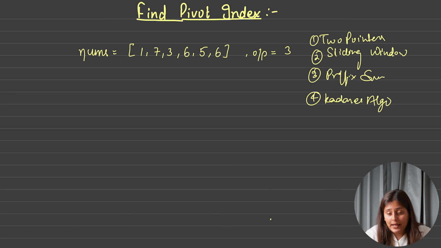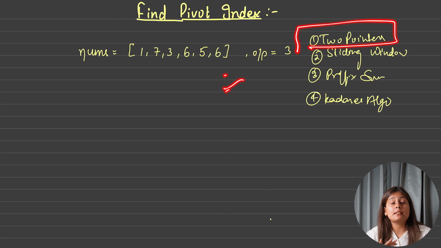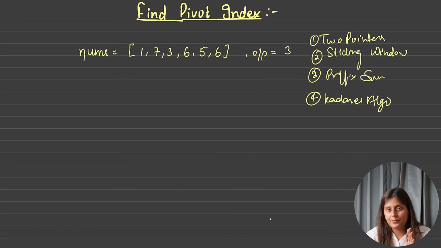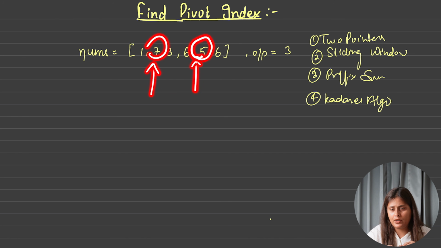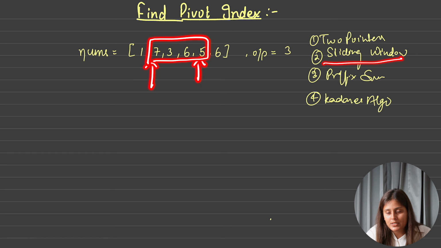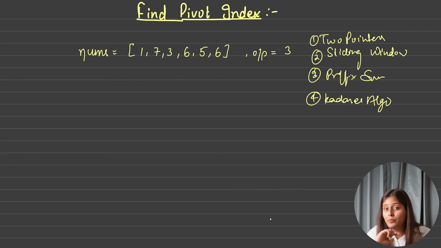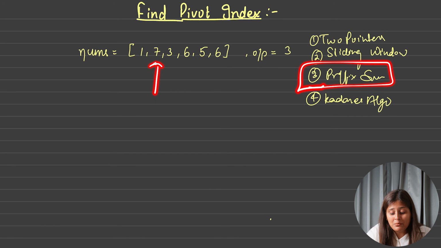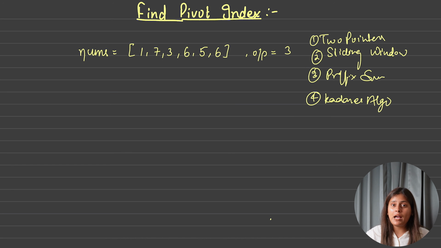So two pointers we apply when the array is in sorted order, and we can decide when to move which pointer. And also when we have to take care only about these numbers and nothing in between. Yes. Sliding window we use when every number is positive and we want a subarray or substring, meaning a continuous array. Every number should be positive, remember that. Prefix sum we use when we have to do the summation only, but in multiple queries, and it can have negative numbers also. Kadane's algorithm we use when we have to give the maximum summation and the numbers can be negative also.